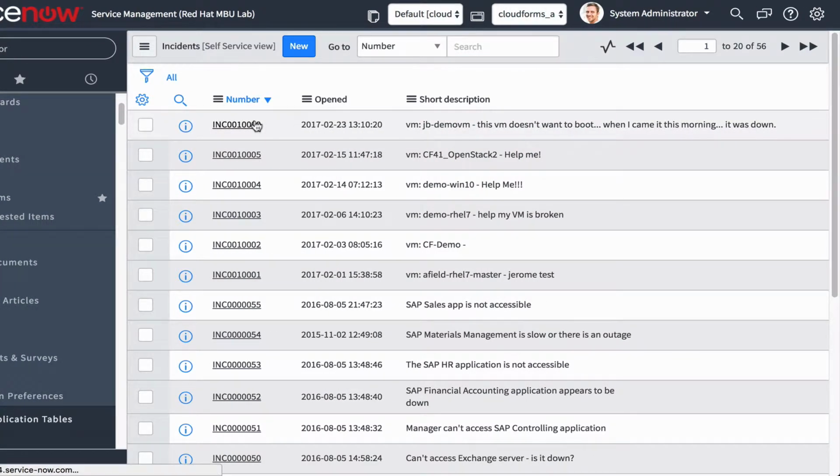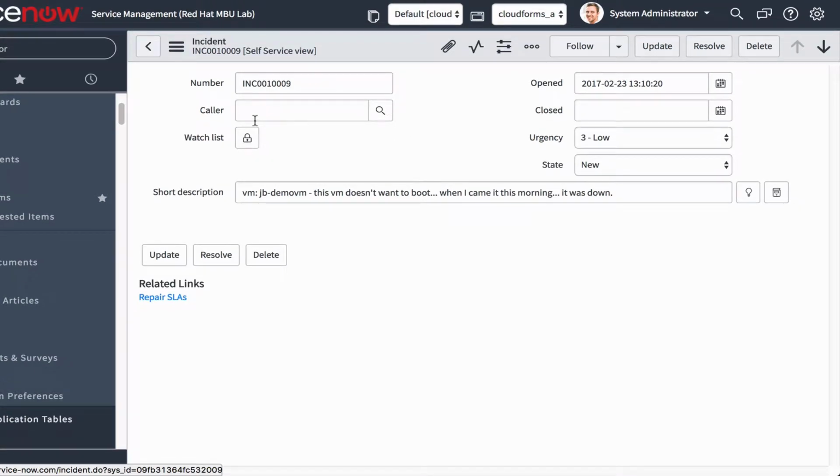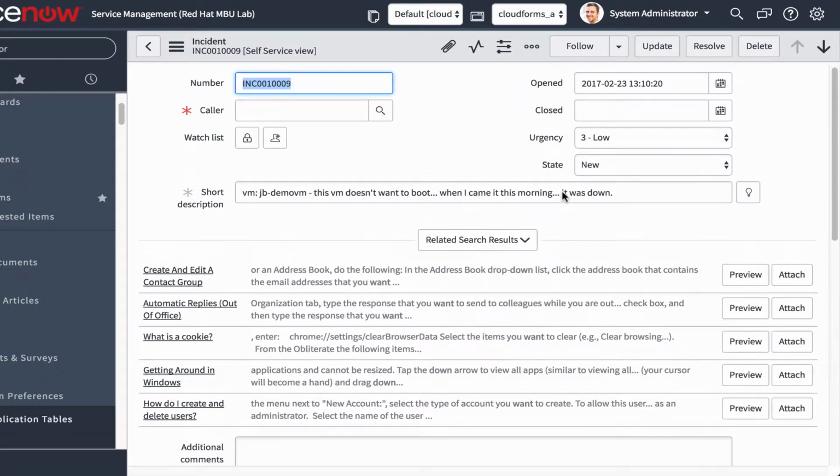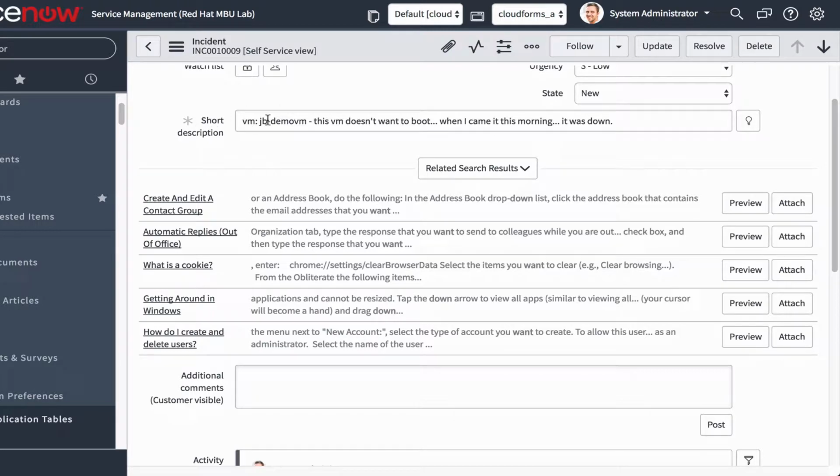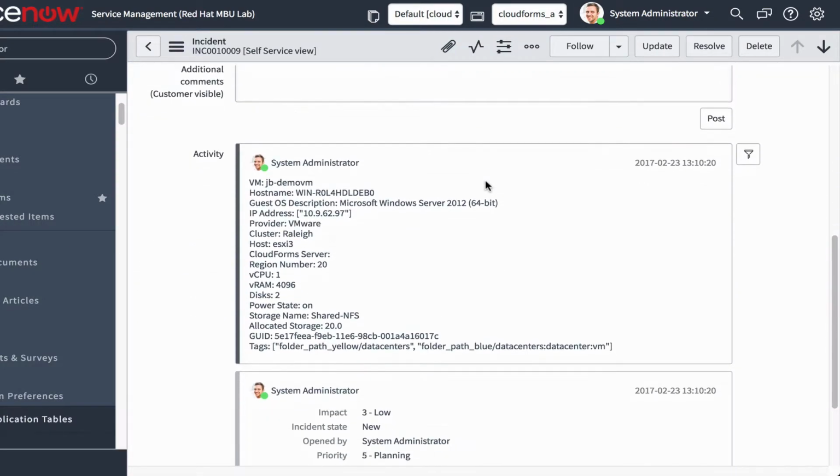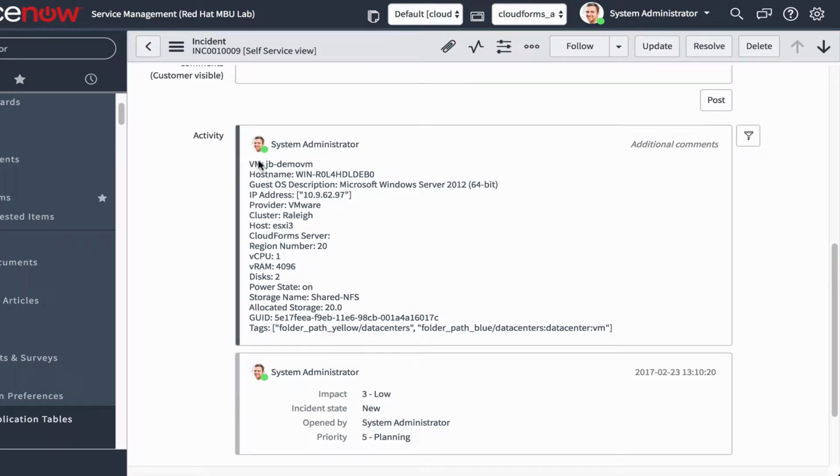And we can go in there and see just what's sent over. As we can see here, we have a lot of information. We've got obviously the time it opened, what state it's in, the incident number, as well as a short description. We've got the VM name that was passed to it, as well as my description that I put in there. And going down to the activity, there's some really cool things that we scripted into this